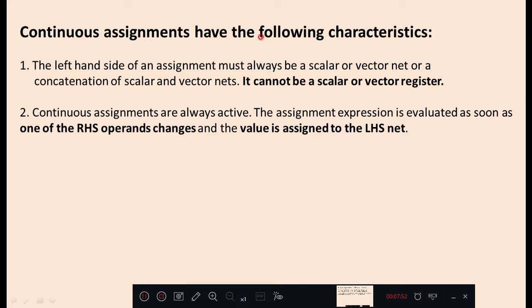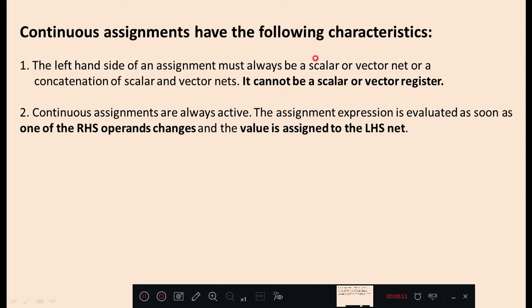Continuous assignments have the following characteristics. The left hand side of an assignment must always be a scalar or vector net or a concatenation of scalar and vector nets. It cannot be a scalar or vector register.